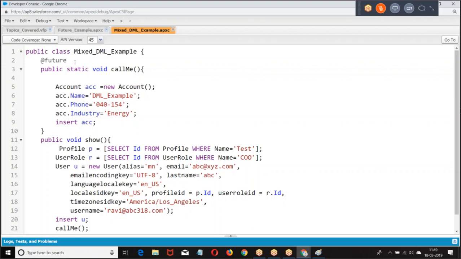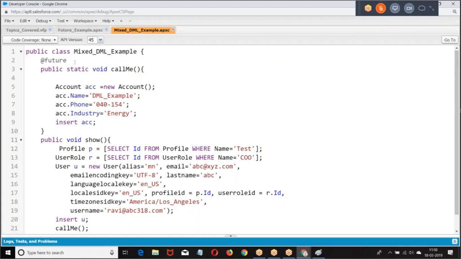One more, calling web services from the trigger is allowed with the help of future. Now, if you want to call a web service from schedule Apex, again future. So whenever we want to call asynchronous web services, we will use future. Whenever we want to handle long running operations, again we go for future.